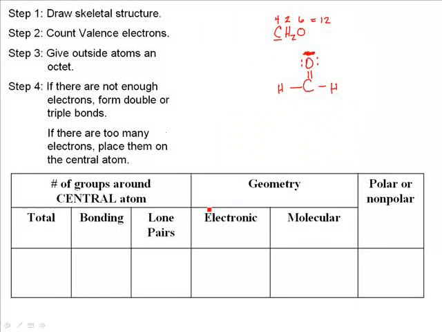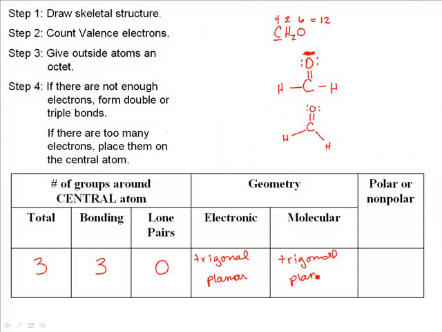with the single bonds. Now if I take my central carbon atom, I have 3 groups around that atom. So I have a total of 3 groups, and all 3 of them are bonding and none of them are lone pairs. Therefore, this molecule will take on a trigonal planar type geometry. For the electronic geometry, and because there are no lone pairs, this is also a molecular trigonal planar